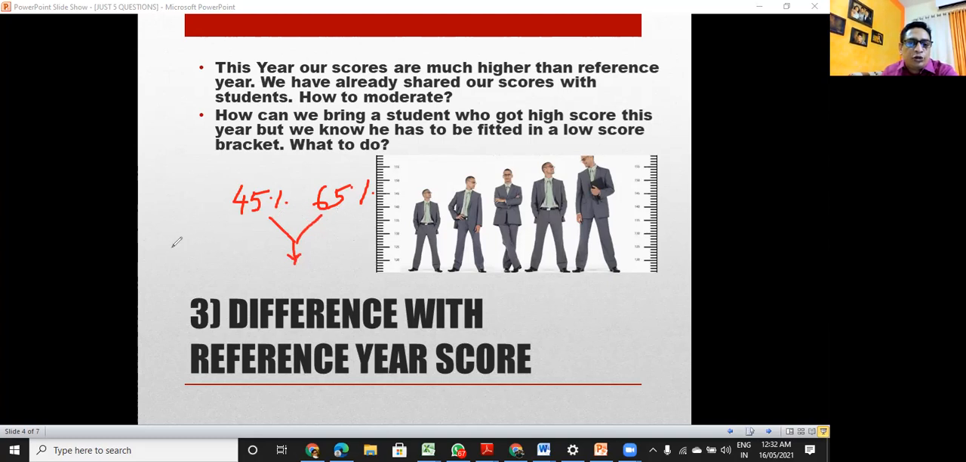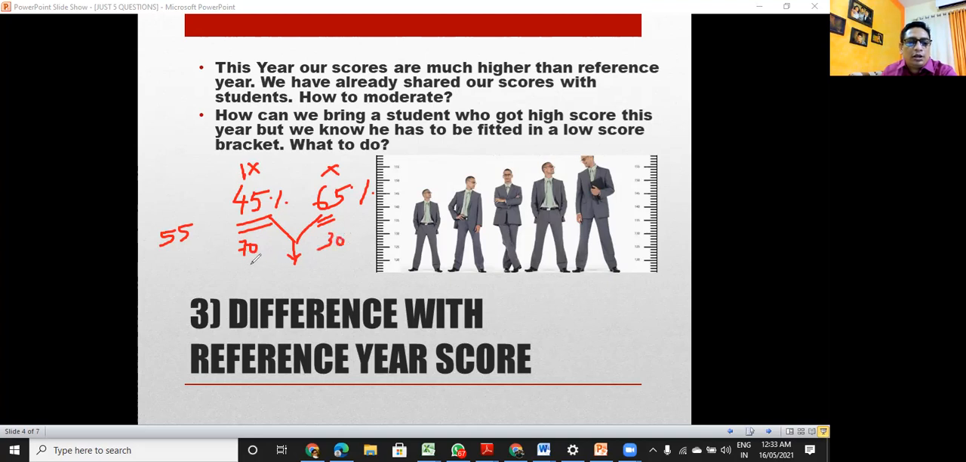For example, you now want to reduce the child to a bracket of 40 to 50, or let's say 50 to 60, this bracket you want. And the child's score you want to bring down to 55 from 65. So how to reduce the 10 marks? What you do is, this is the 9th standard score, and this is the 10th standard score. You give a weightage to this score, let's say 70%, and this one 30%,